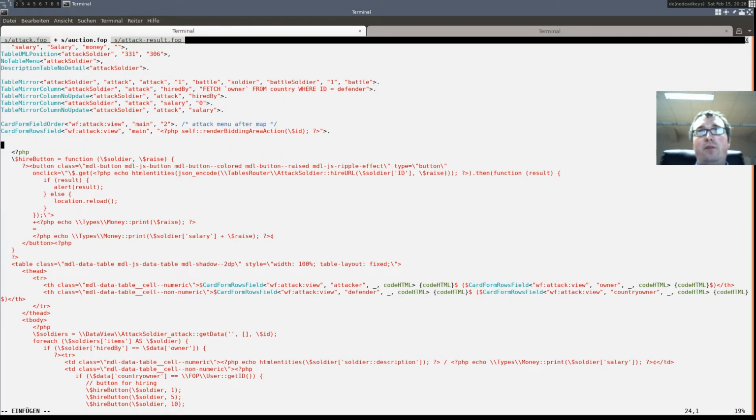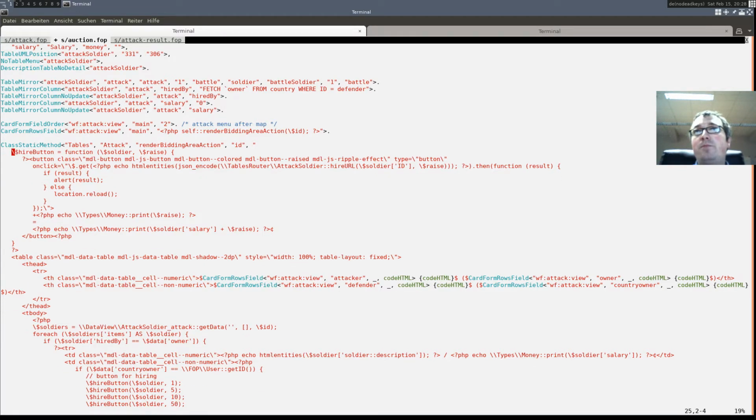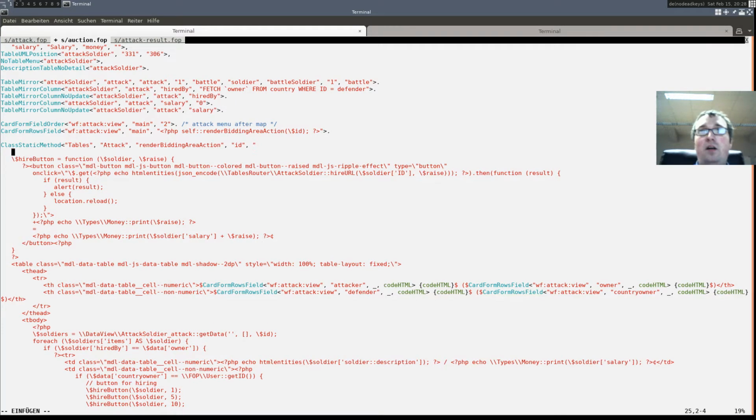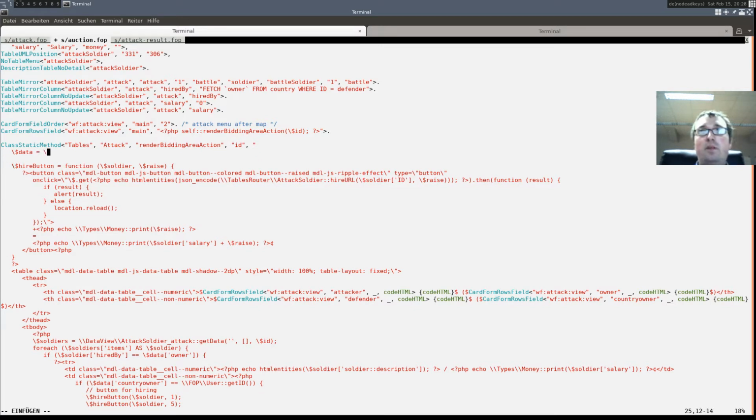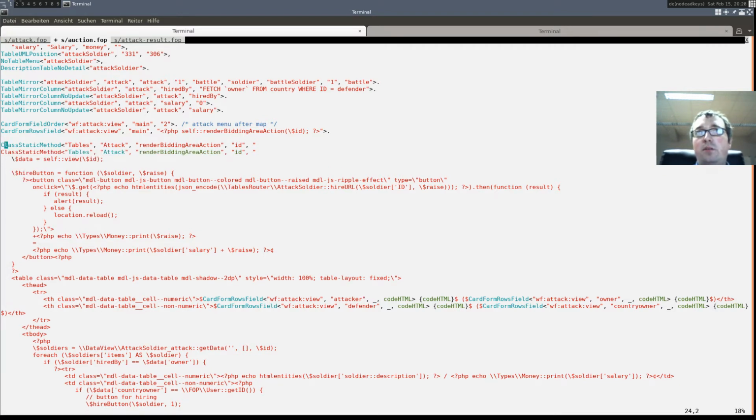And now we have our class static method, tables attack, render bidding area action with an ID. And there we of course have to insert our data variable again. Self view ID. Class static method will have a class method access.